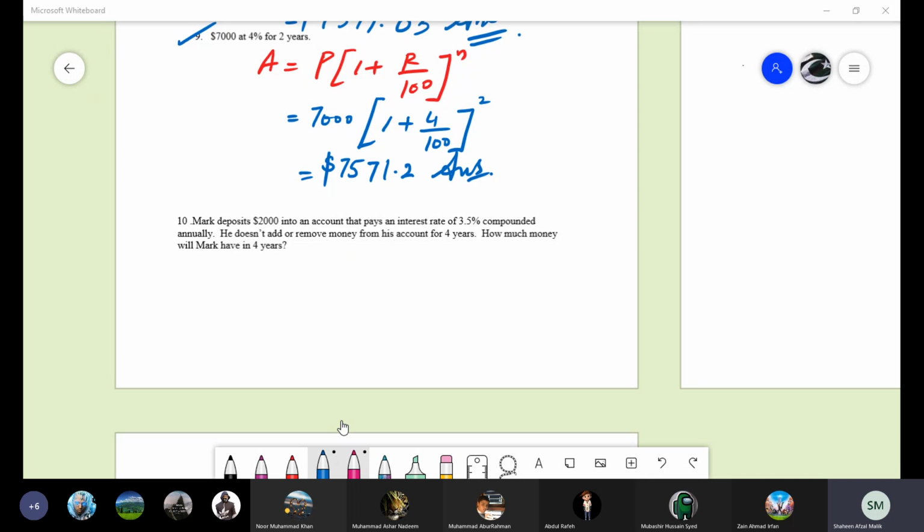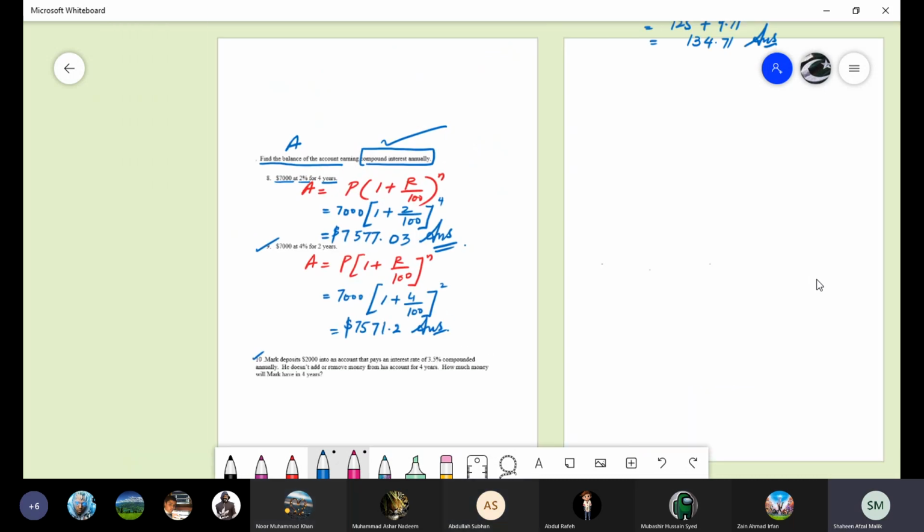The last question, question number 10. Who will solve that question? Who has not done? I can see that many students have attempted the questions today. Zayan Kaleem did not attempt. Zayan, can you solve the last question, beta? Abdullah Subhan, yes ma'am. Abdullah, can you solve, beta? Okay. Move to question 10.